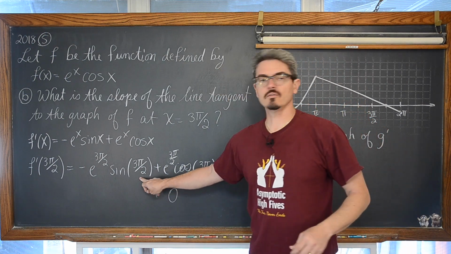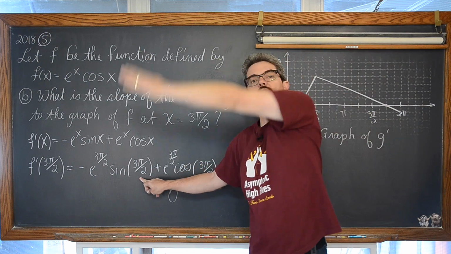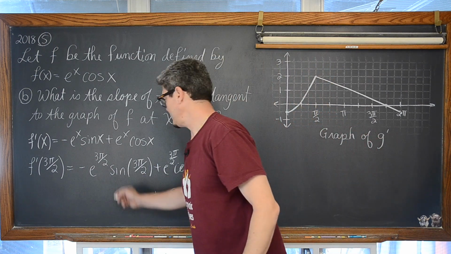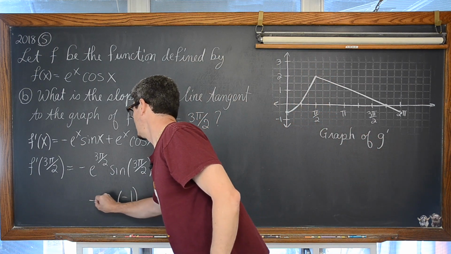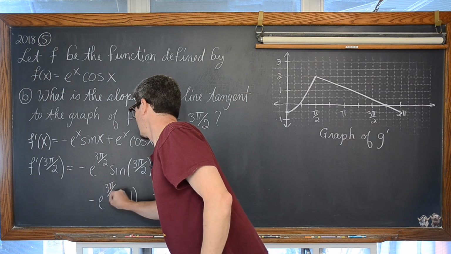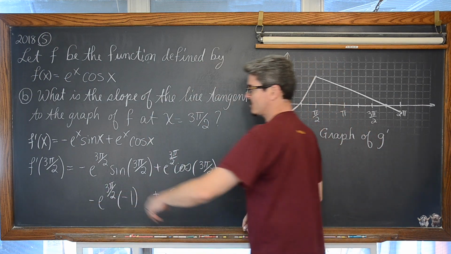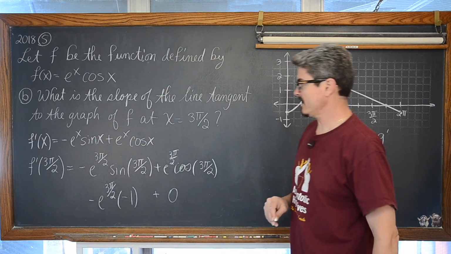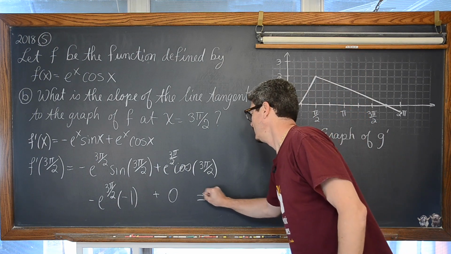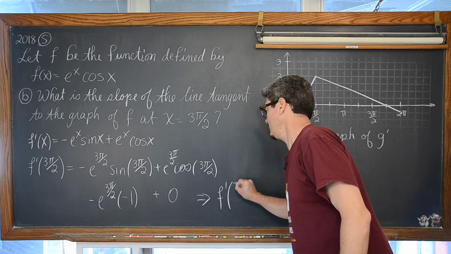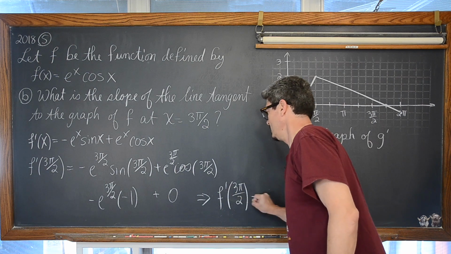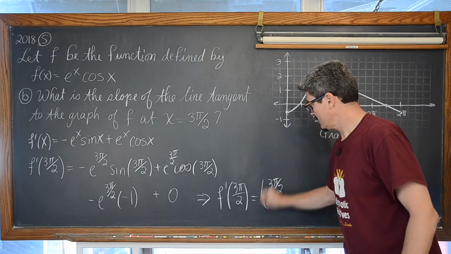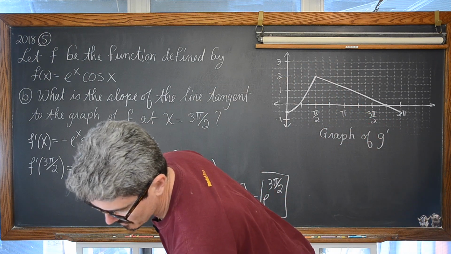And the sine of 3 pi over 2, rotating down 270 degrees, or 3 pi over 2 radians, gives us a sine value, a y value of negative 1. That negative 1 is going to get multiplied to the negative coefficient that we have here from taking the derivative of cosine and getting negative sine. So finally we have f prime of 3 pi over 2 is equal to just e to the 3 pi over 2 power. Let's go ahead and check our answers here.